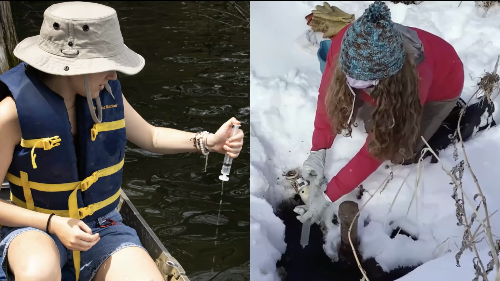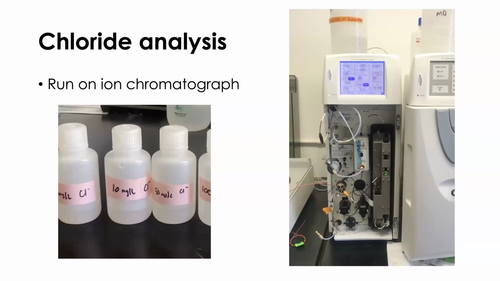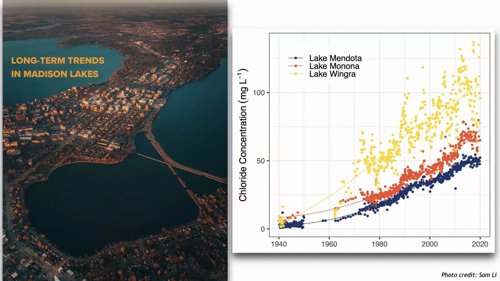This is an example of a couple of students out sampling water. We suck up lake water into a syringe and pass it through a filter just to get rid of the particulates. Then we take it back to the lab and measure it for chloride, running it through a lab machine to get the chloride concentration. What's nice is that if you do both, as Hilary mentioned, you can use a sensor to measure conductivity, and you can also take a water sample to measure chloride to give you a sense of what's happening.